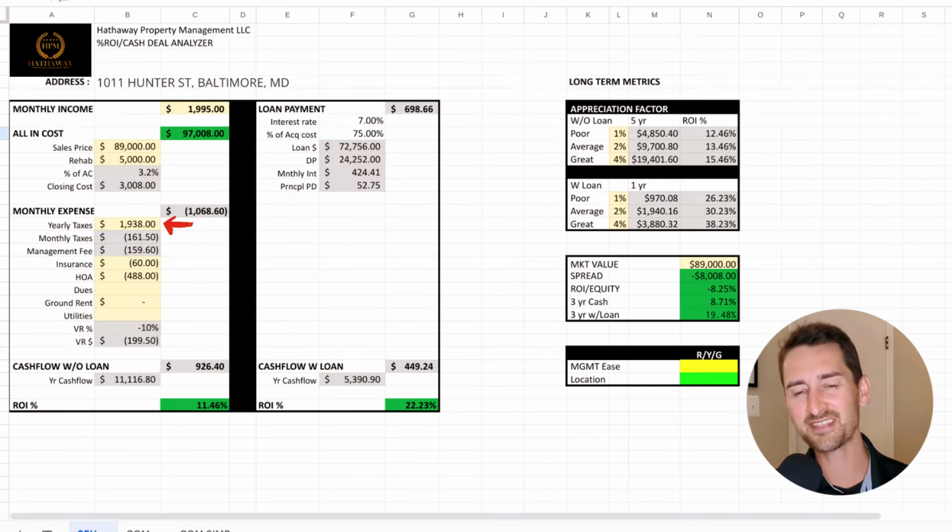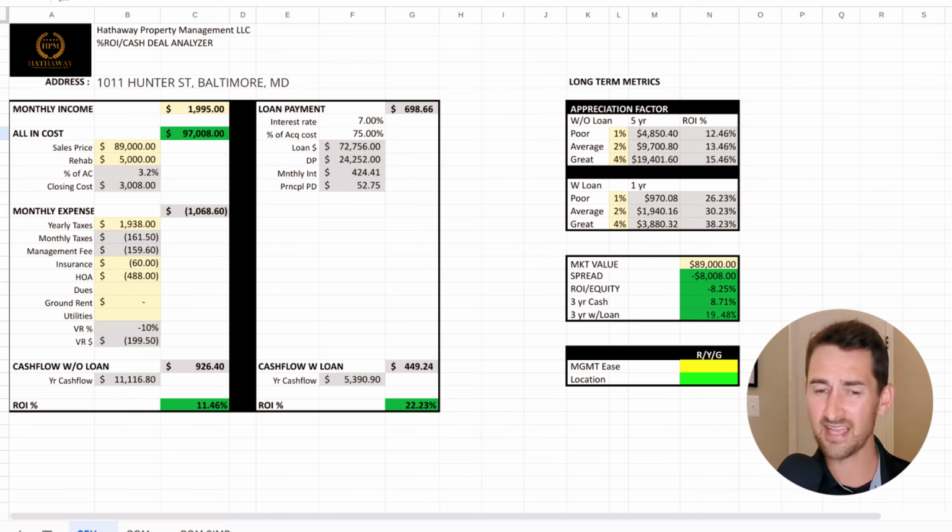Property taxes are $1,938, and so that's reasonable. And so if you go down in the cash flow analyzer, and if you guys don't have a cash flow